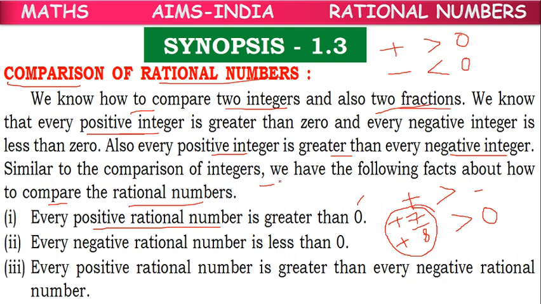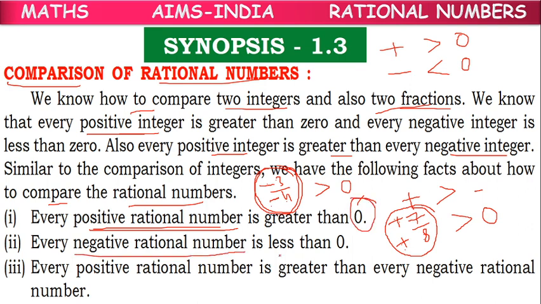Suppose if you take the example of minus 3 by minus 4, is it positive rational number or not? Already we have told, if both numerator and denominator have same sign, either both of them having plus or both of them having minus, to be considered as positive rational number. So minus 3 by minus 4 also positive rational number, means it is also greater than 0. Why? Because this minus and minus gets cancelled, it will become positive. So here the rule is, every positive rational number is greater than 0.